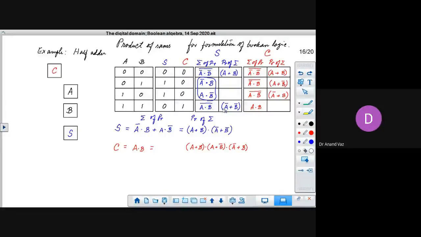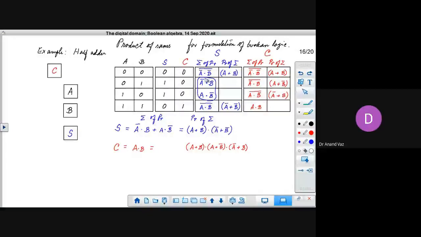Here, in this last one, again you have an output of 0. So what happens here? You see, the fundamental product corresponding to this that will give us a 0 is A and B. A and B is going to give us a 1, but we will have to take the complement of that 1 that will ensure that we get a 0. If we are going to write this as a sum, then we can apply De Morgan's theorem and write it as not A or not B. Is it clear?